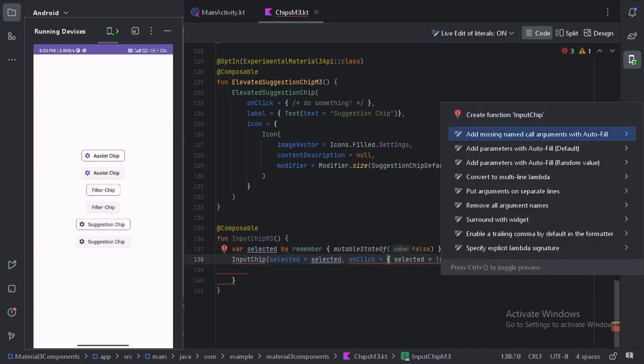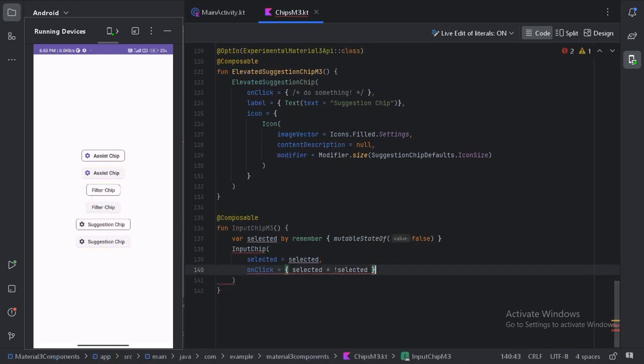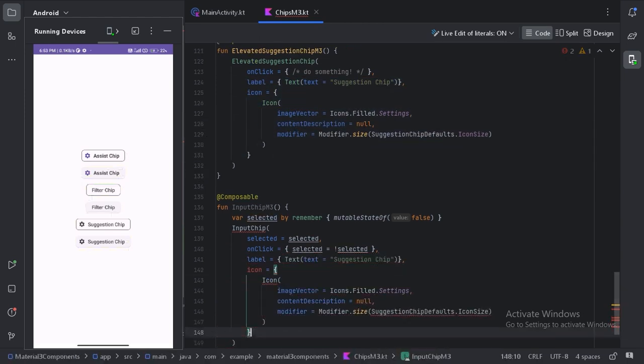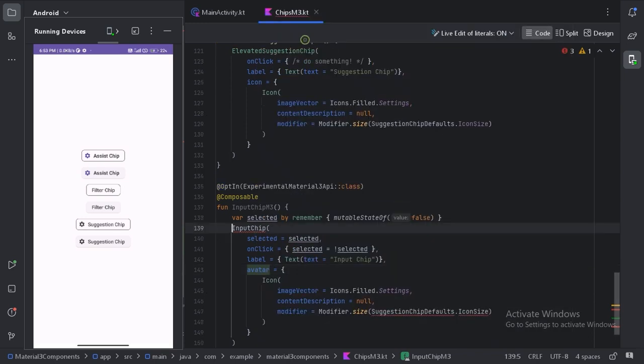And let's keep these arguments on a separate line and also remove these parentheses. And we need to provide two more things. Let's copy this code and paste it here. First one is this label. So here let's use this input chip, and this one is the avatar, and let's use that experimental annotation.